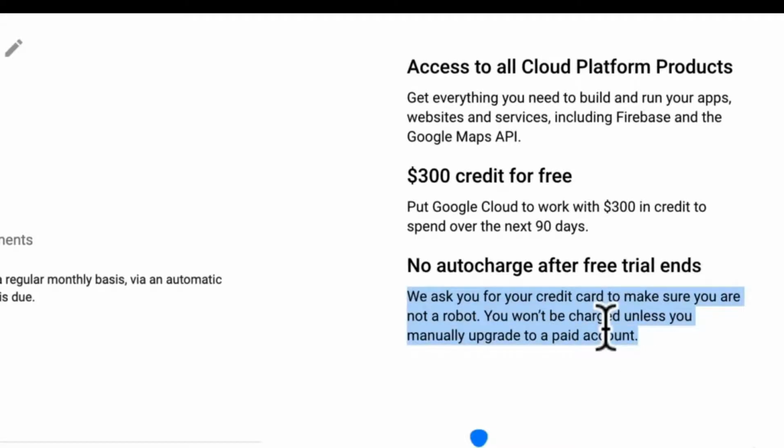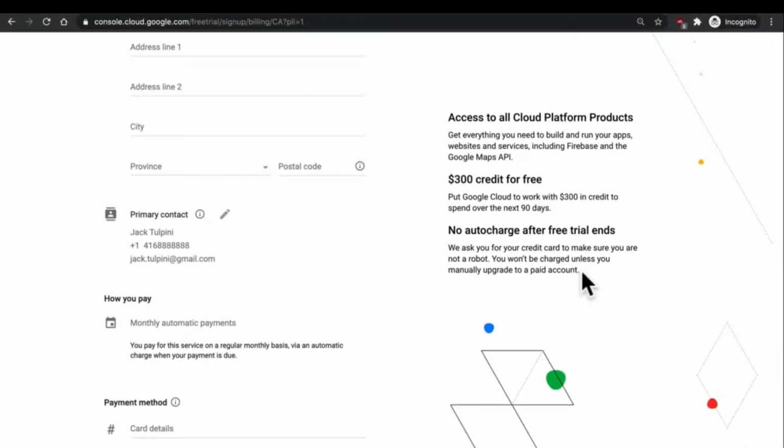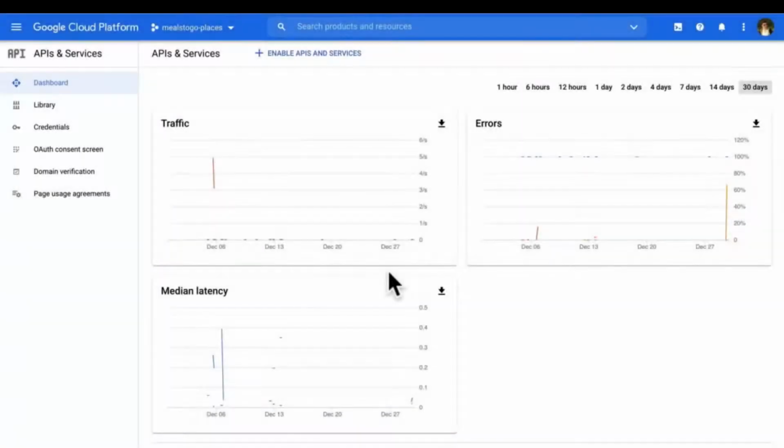It's important to note here that what they mean by this is that although you won't be charged, basically none of the services will work without having a billing account or credit card information available. That's why it's extremely important that you do link this to your account. If you do not have that payment information, none of the services of Google Cloud will work beyond your trial period. And so you need to make sure, before we get deep into integration of Google Cloud,